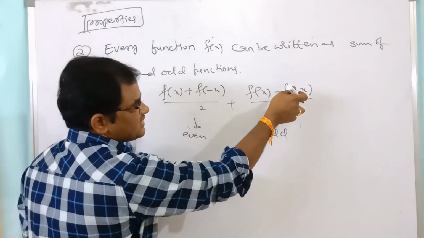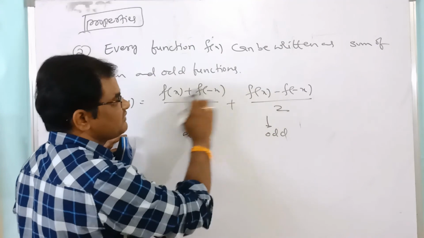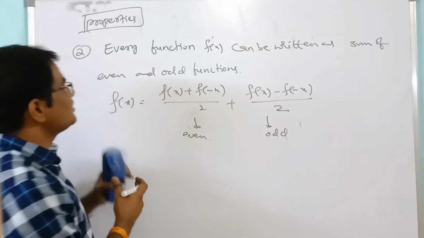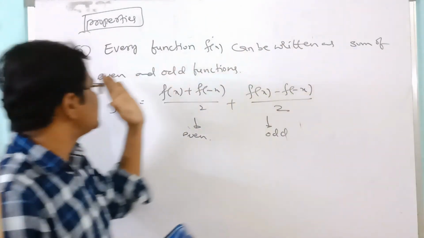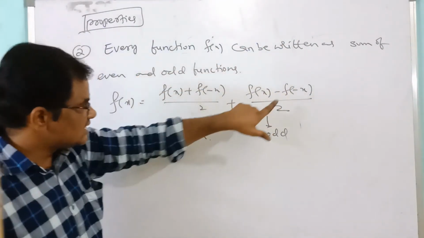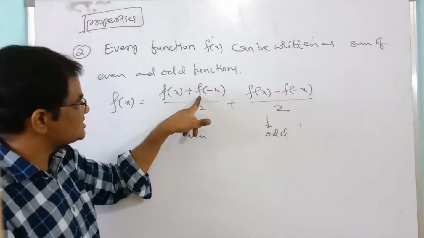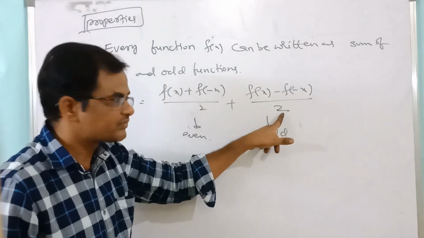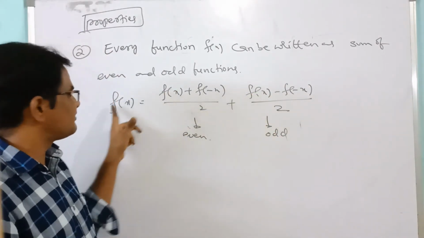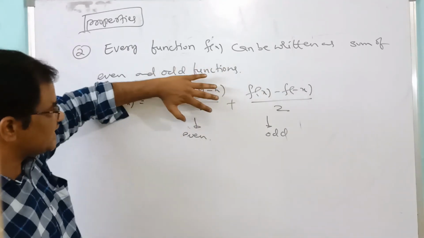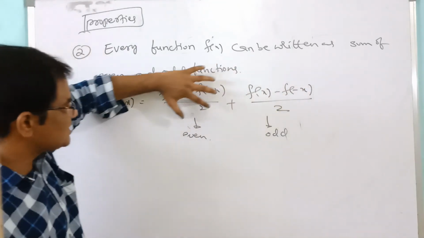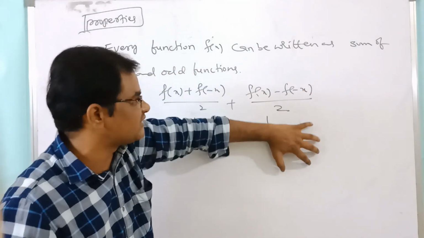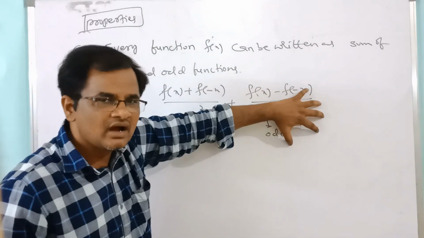Simplify, minus f of x plus f of x get cancelled, f of x plus f of x is 2 f of x, 2 f of x by 2 is f of x only. If you again simplify, this one only you will get, right? So every function can be written as sum of the even and odd function. Understood? See here, minus of minus f of x, here plus f of minus x, get cancelled. F of x plus f of x, 2 f of x by 2 LCM. So 2 f of x by 2 means f of x only. So this is even, means if you take it as one function and this as another function, in this one replace x by minus x, same function you will get. In this one replace x by minus x, minus of that function you will get. So that's why this is even function, this is odd function, right?